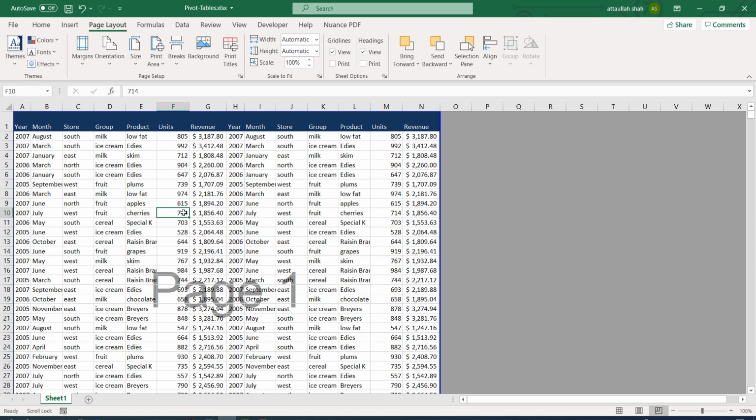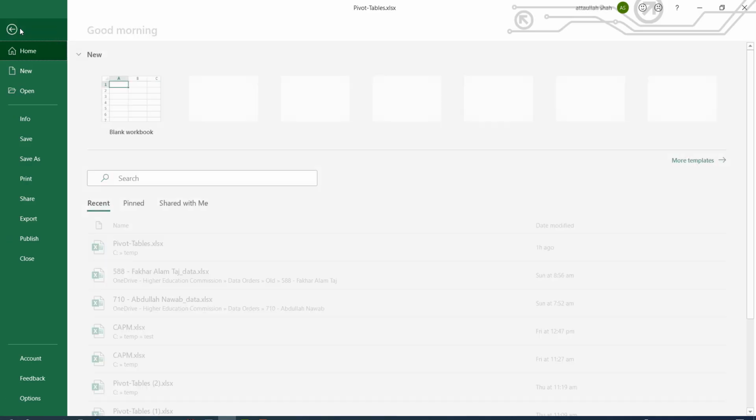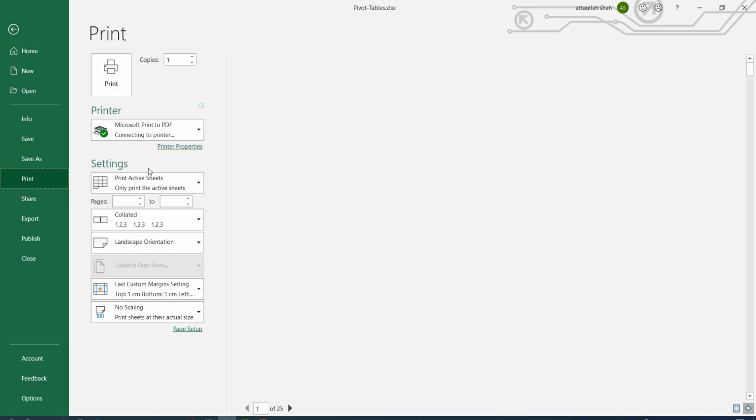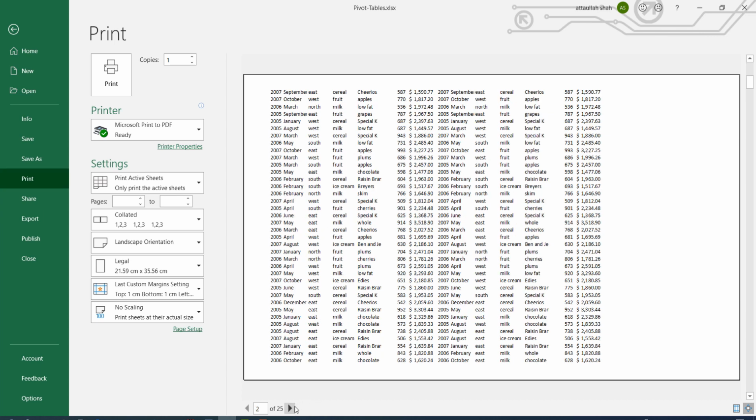Okay, let's say this is a very lengthy document, and what happens when I print this specific document? At the top we have the column headers, and if I go to page number 2, these column headers disappear. So we no more know what is East, what is Cyril, what these products are, what their specific column names are.